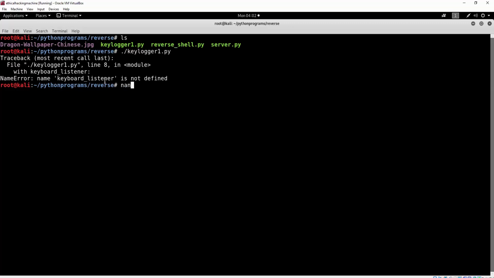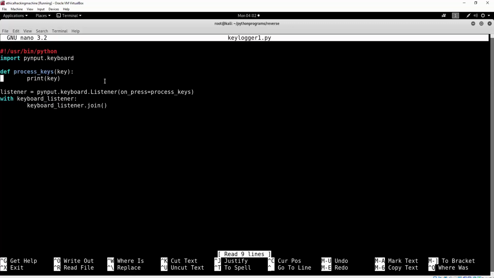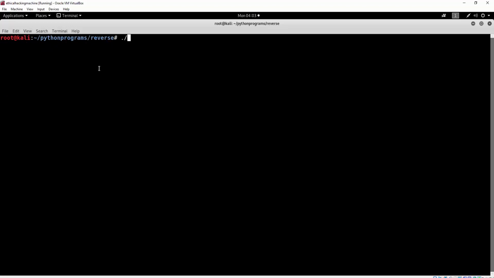Oh, make sure to actually call this the keyboard listener as well, so keyboard_listener. That's because I specify here listener and here use keyboard listener. So in order for this to work, you need to specify the same name for all of this, since this is the class that we used and actually delivered to the keyboard listener. We use the listening with the Pynput library, and right now all we want to do is Ctrl-O save, and then we want to actually run this, so